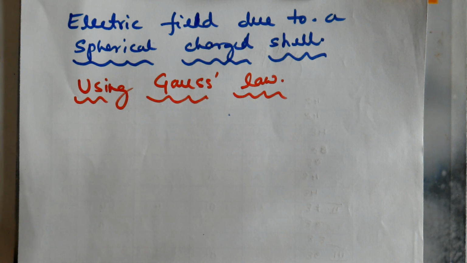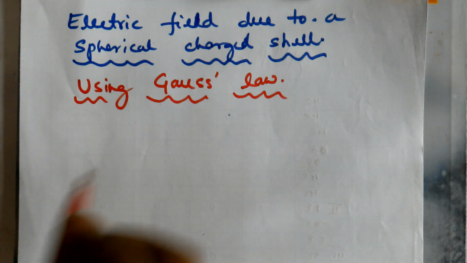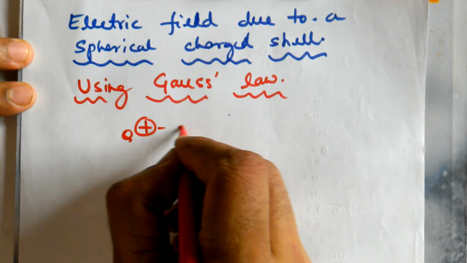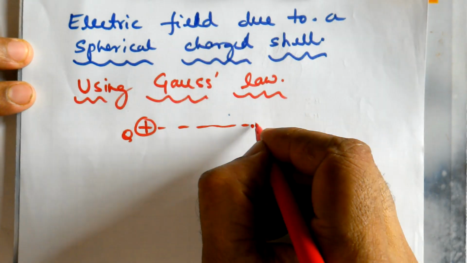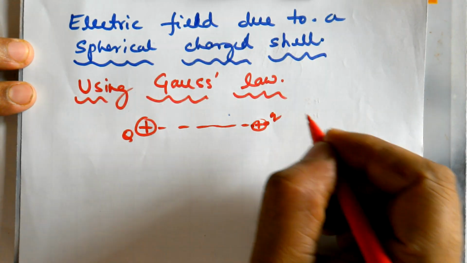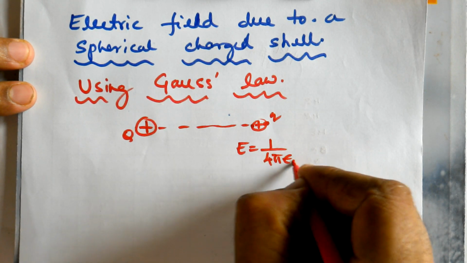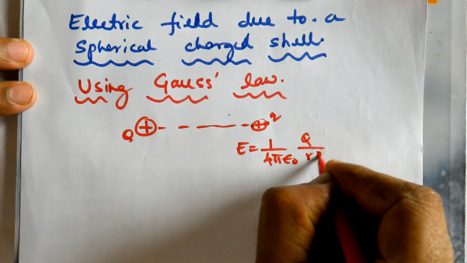Electric field due to a charged spherical shell, using Gauss law. Now we have found out what is the electric field due to a point charge. For example, this is the source charge Q. I want to find out the electric field here, so I kept a small test charge q here. Finally I got the expression 1 by 4 pi epsilon naught, source charge Q divided by r squared, and it